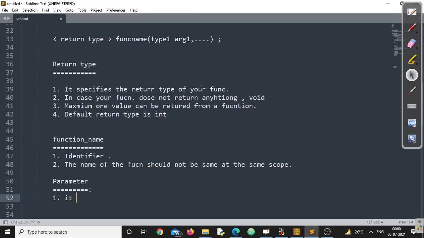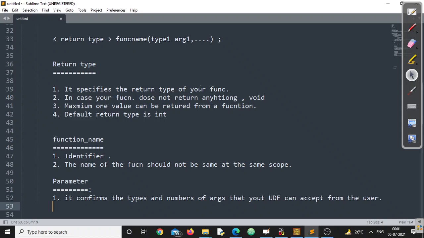It confirms the types and number of arguments that your user defined function can accept from the user, or maybe from the function where it is called. Either way, you can write in both the ways.